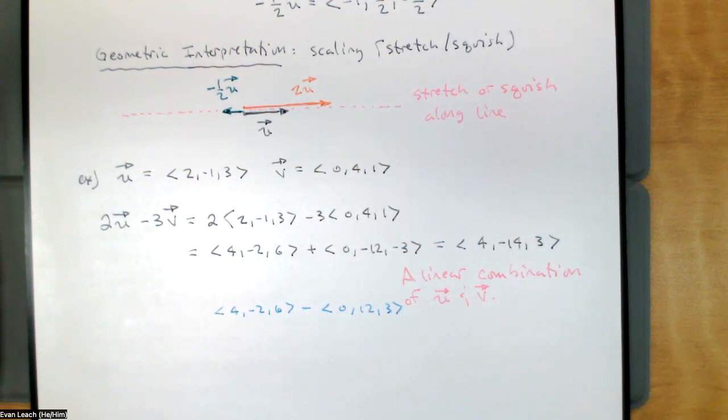We're making a linear combination. Anytime you're making a linear combination of things, you're using vector addition and scalar multiplication. So